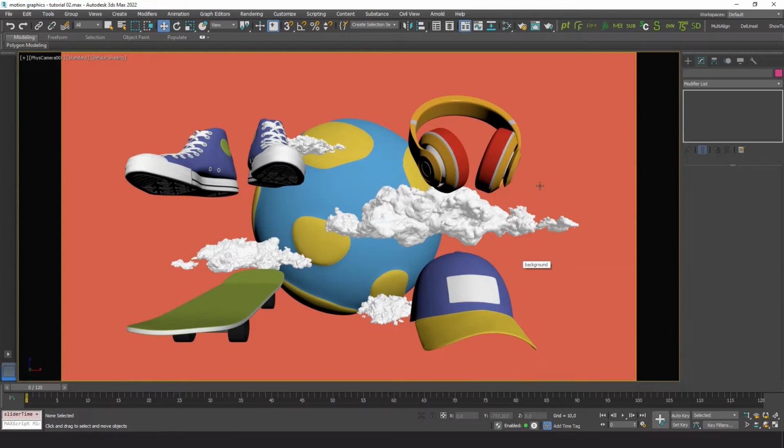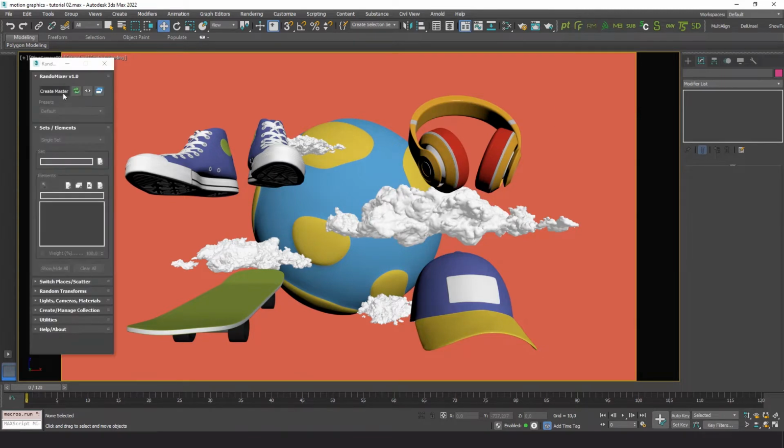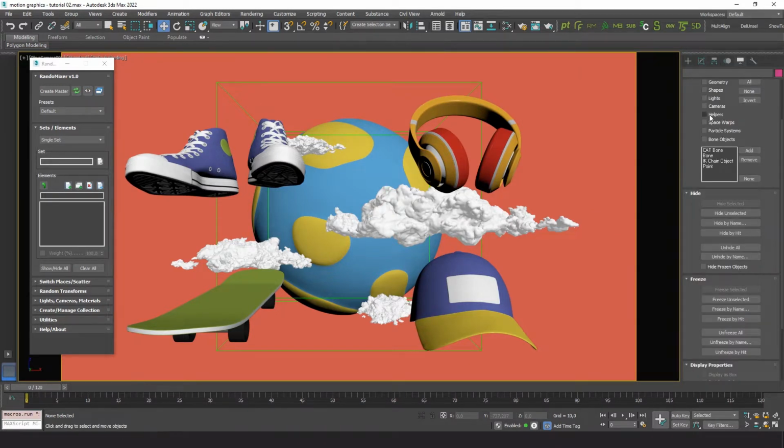Let's open Random Mixer, create a master icon, and hide it. We start by creating a set with the 4 elements.